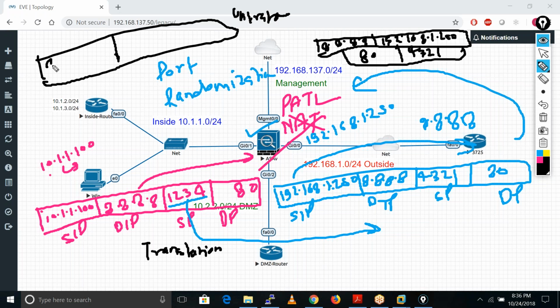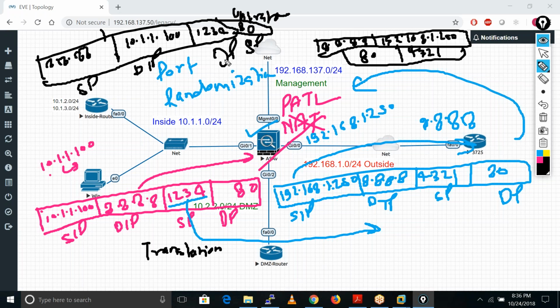So it creates this packet now. The source is the same, 8.8.8.8, and it changed the destination IP 192.168.1.250 into 10.1.1.100. Here it also changed the port number back, to 1234 and 80. So this is the source IP, this is the destination IP, this is the source port, this is the destination port.